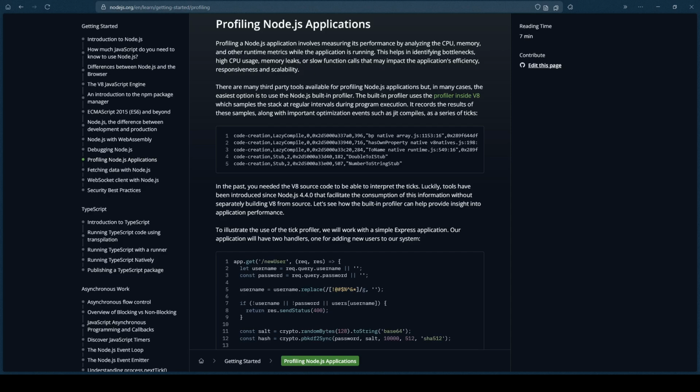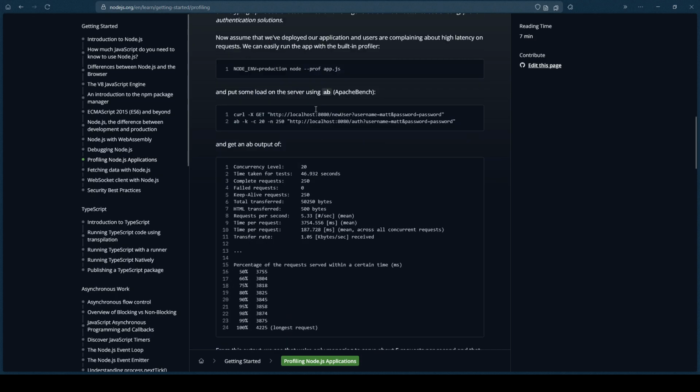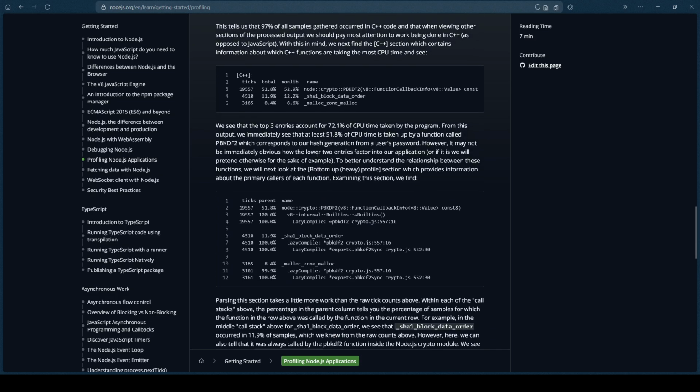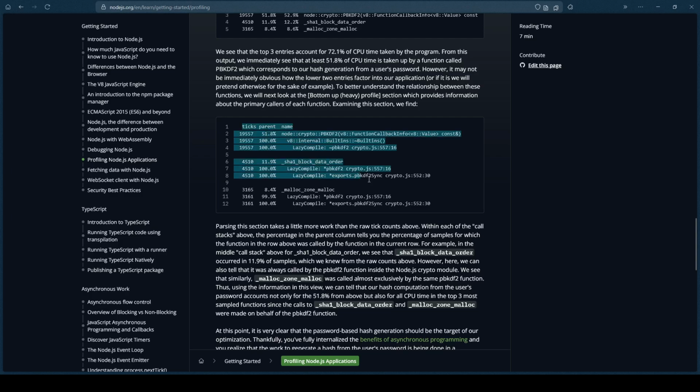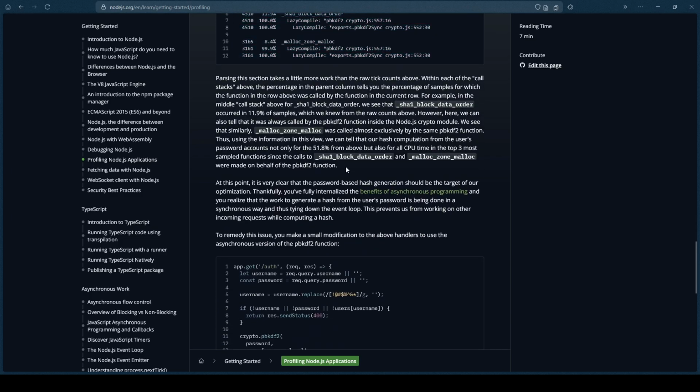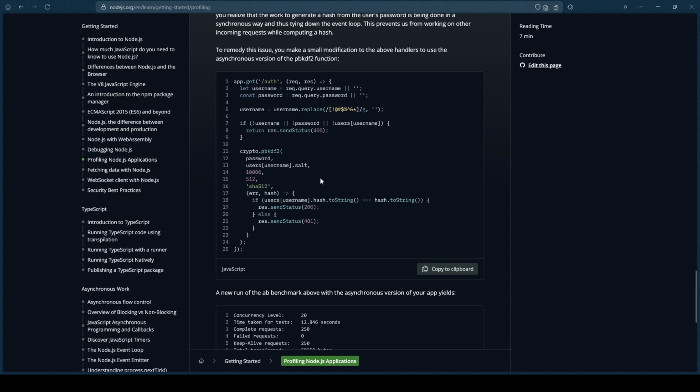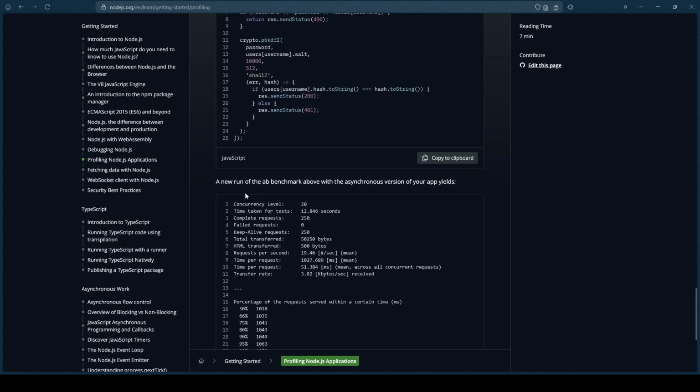Fix the issue by optimizing your slow functions and replacing synchronous functions with asynchronous ones. Then retest your app to verify whether the performance has improved. You might say that profiling sounds very difficult. As you see in the documentation, it might seem daunting, but actually it's not. If your Node app is very demanding,